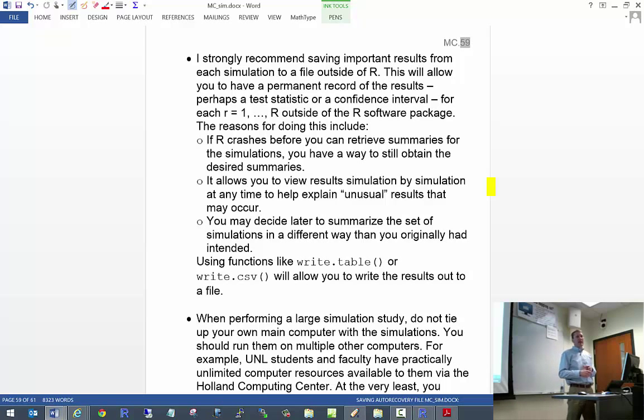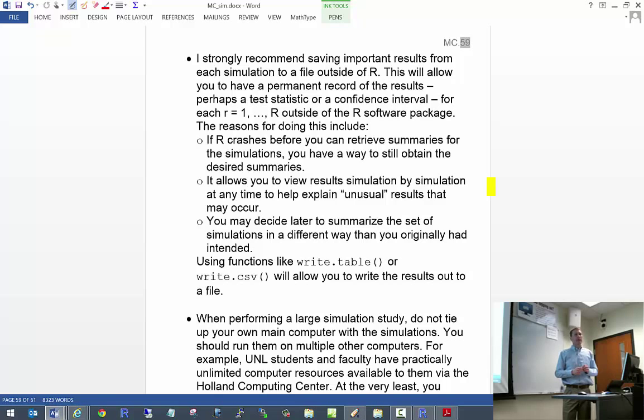One is, let's say you're doing maybe 5 sets of simulations. So maybe you have 5 different sample sizes you're looking at. You do 500 simulated data sets for each. Let's say during the second set of simulations, R crashes. Or for some reason your computer decides to reboot because Windows says, hey, we're going to do an update right now and we need to reboot. That's happened to my students before when they've run simulations. Well, if that happens, and you're not saving anything outside of R, you basically have lost not just obviously the second set of simulations that you're doing, but also what happened with the first one that you had just completed. So if you're saving those results outside, you have a way to recover